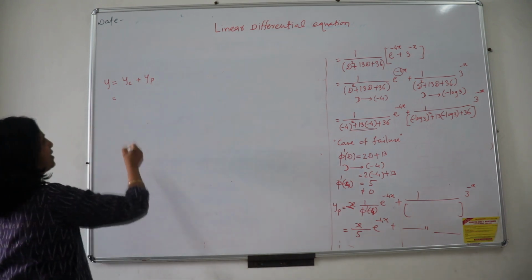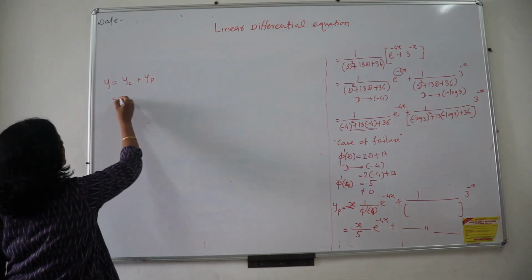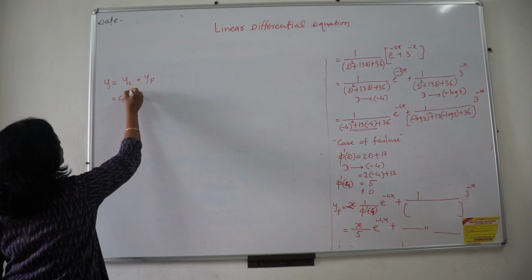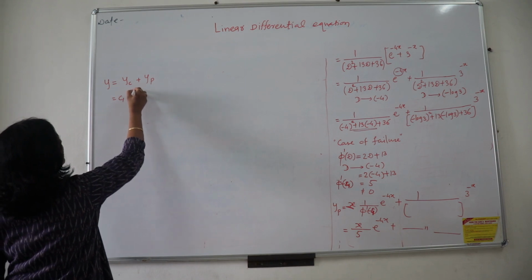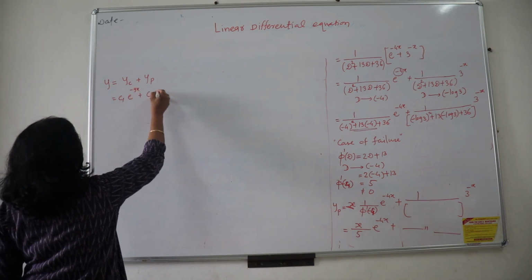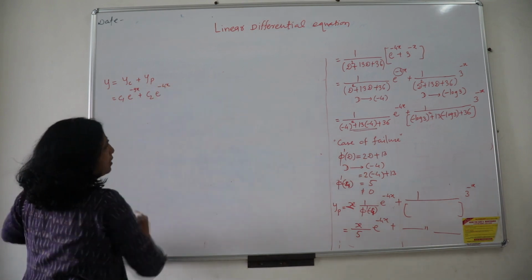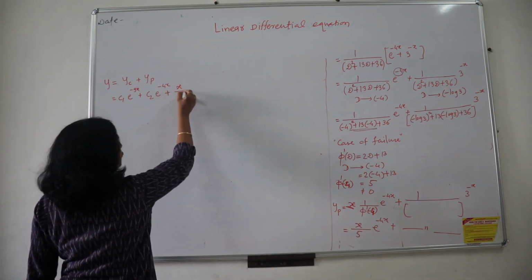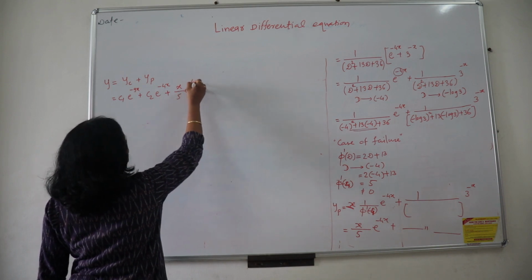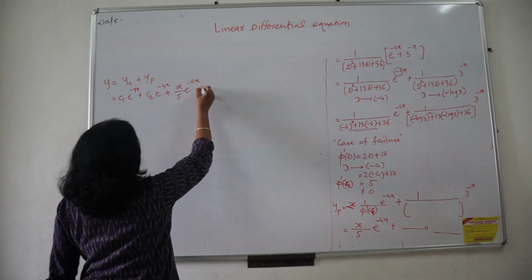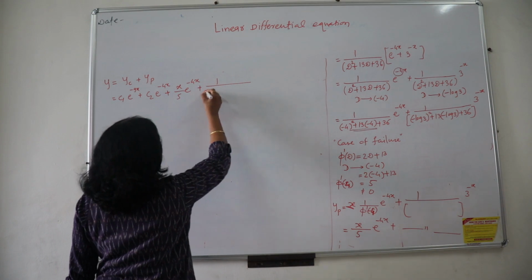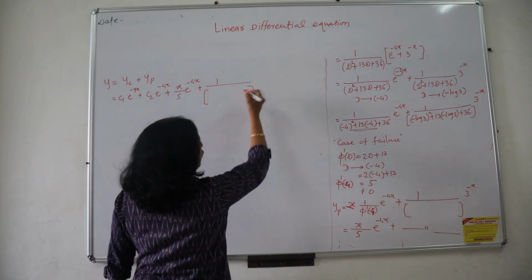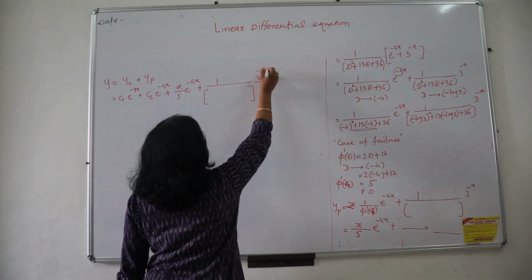So what was your yc you calculated here? That is to be placed here. Something c1 e raised to minus 9x plus c2 e raised to minus 4x. You may interchange, no problem here, and just get it connected here with x upon phi u e raised to minus 4x, and the last term will be, I am just going to carry it out as it is, a slightly bigger term, but the denominator I am just keeping as it is, minus 3.